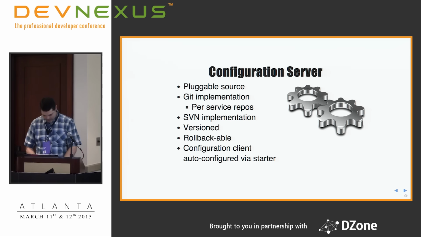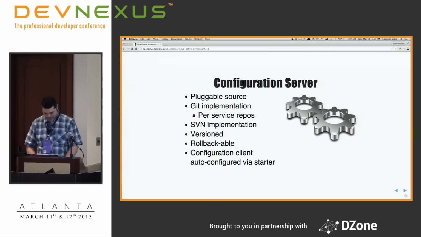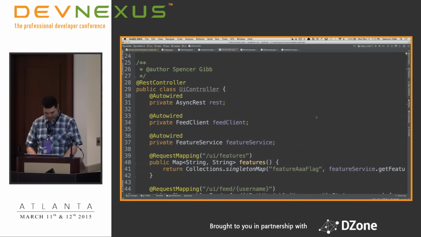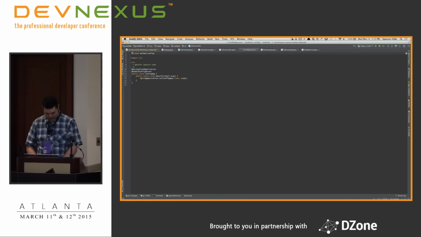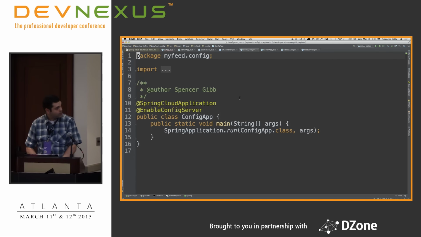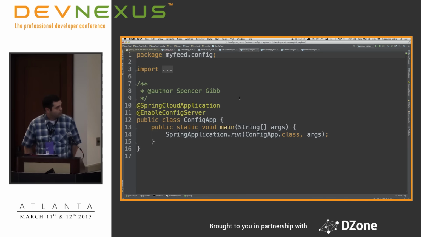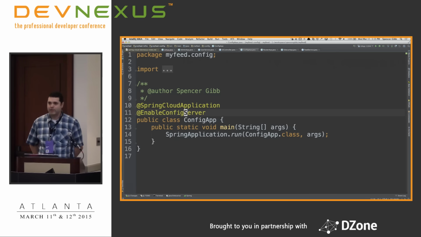Let's look at some demos, shall we? So this is the code that it takes to run config server. We're not necessarily distributing executable jars. We've taken the approach to make it easy for you to build and compose these services how you deem fit, or customize them, or do whatever you need to. So @EnableConfigServer, and you're good.